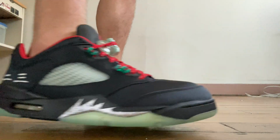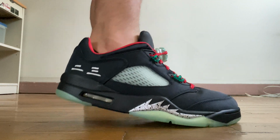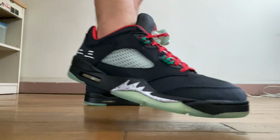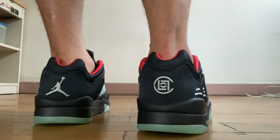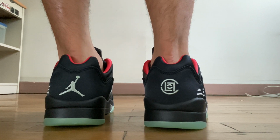Okay, now for the sizing, we have here true to size. Much like any Air Jordan 5 out there, whether it's the high cut or the low cut, this is true to size for narrow or regular foot users. Now if your foot is wide, you can go a half size up just in case you need that extra spacing while wearing the sneaker. But for me, just to be sure, if available, go to a physical store and fit this face to face,